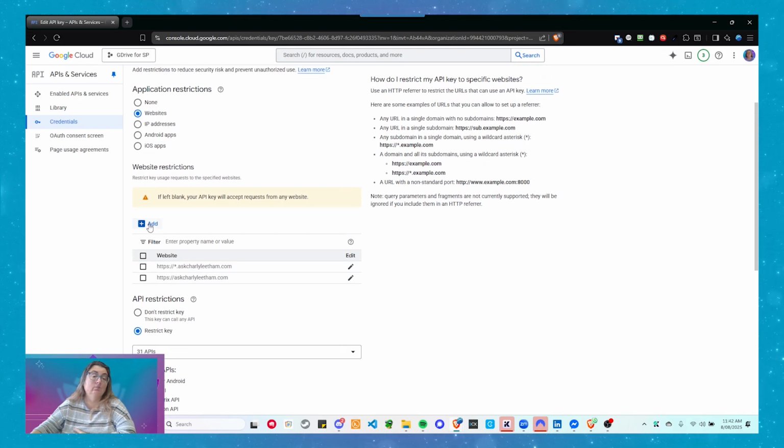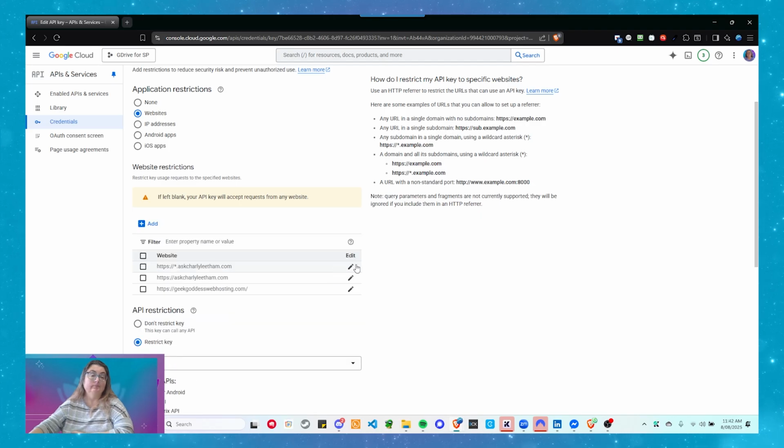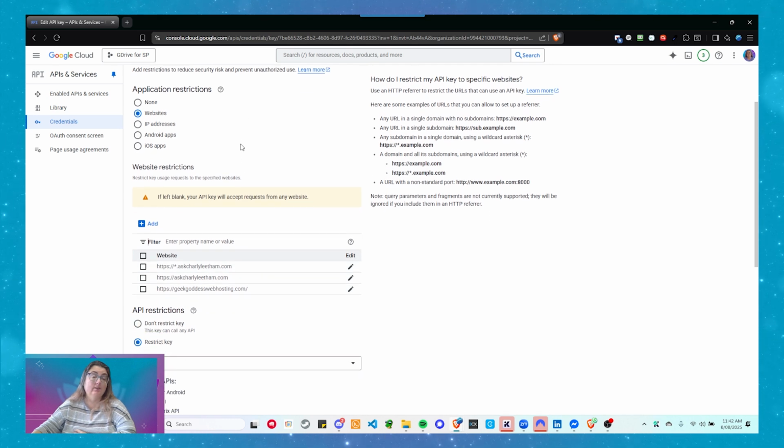And if I wanted to, for example, I could put in another website. So now I've got two domains, and all the subdomains under one of the domains can use this API key.